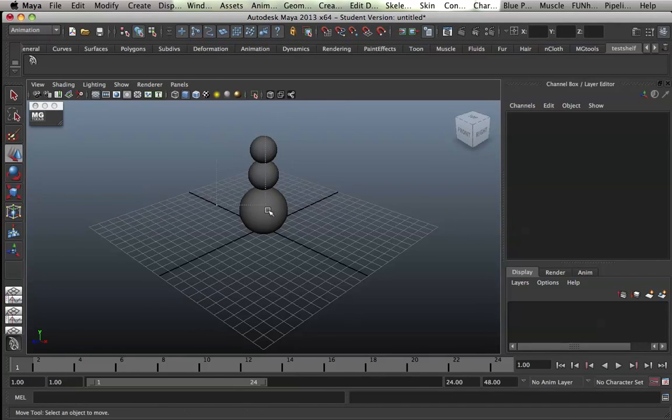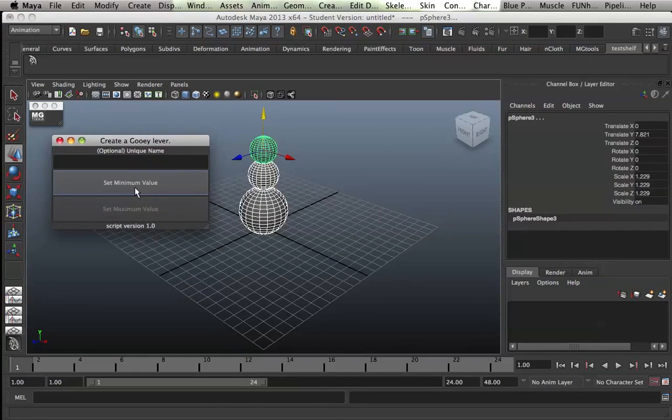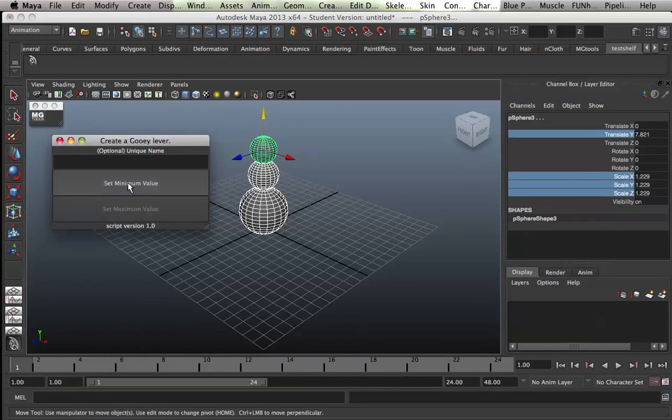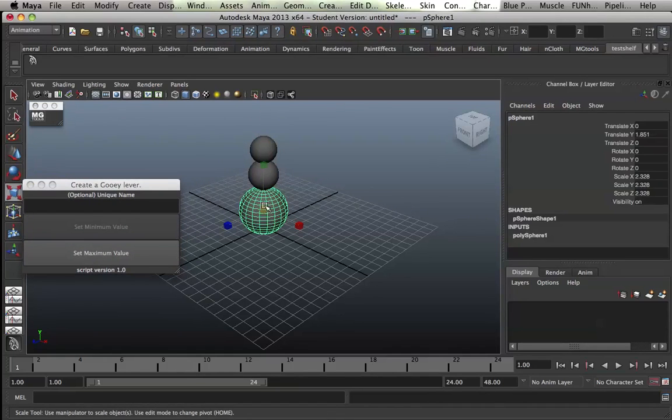So, one thing I didn't mention was that you can do multiple objects, if you like. And with multiple objects, as long as they share the same channels, you can also use that. So, for instance, I could select all of these channels and set the minimum value. And then let's say,